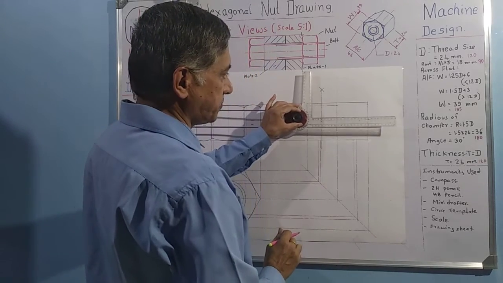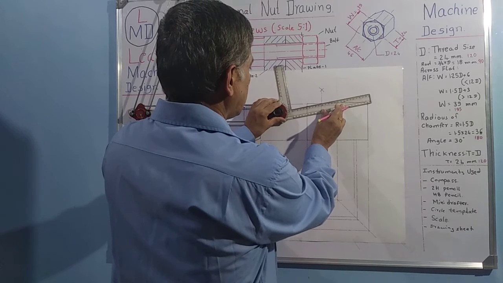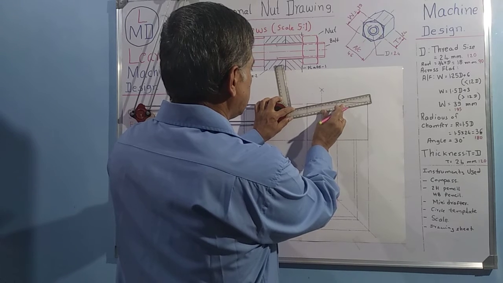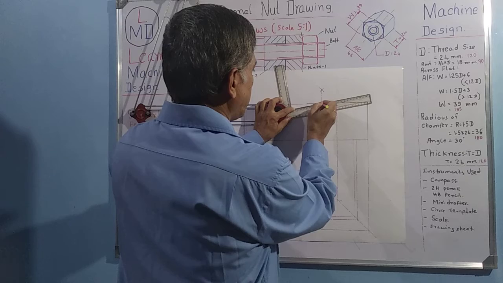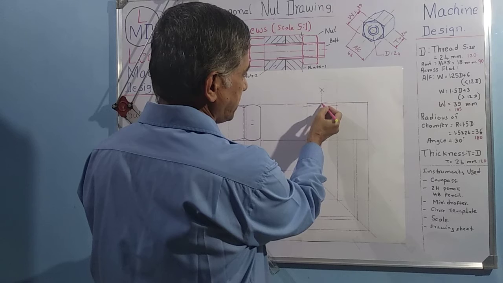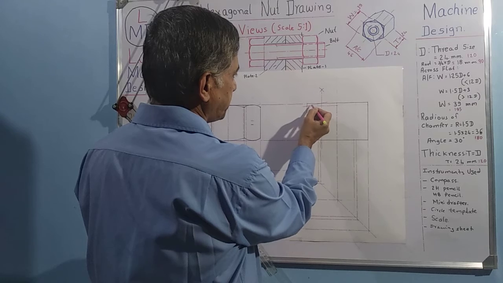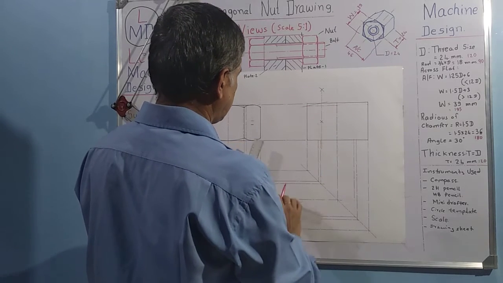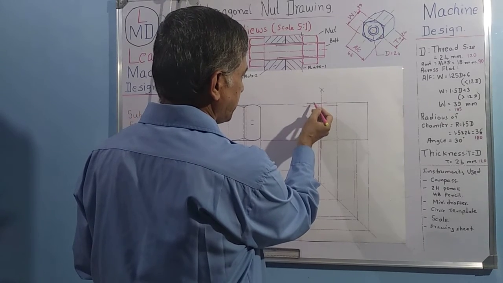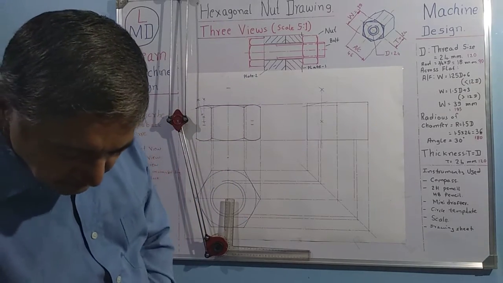Then take this mini drafter, rotate and draw a line passing this point and this point. Okay, we have got a middle point here. If this point we got from tracing this line, we have to draw from here to here a line. Then we have to divide this line from here to here a middle line. For that also we will use the compass technique only.